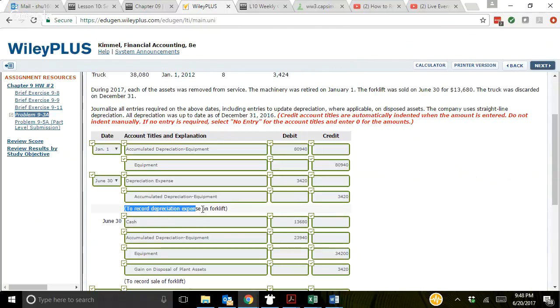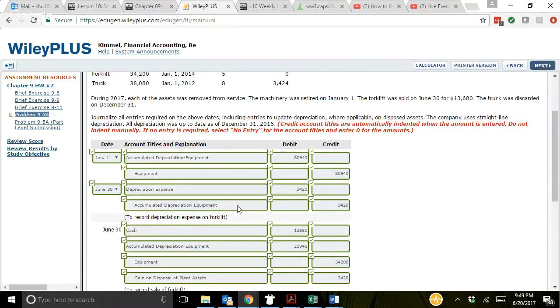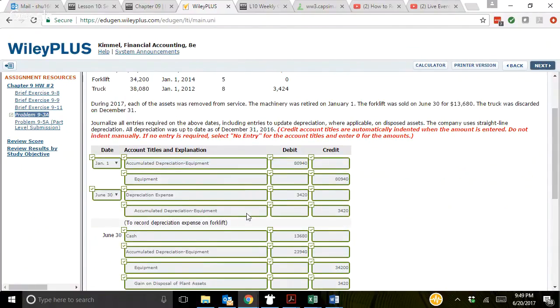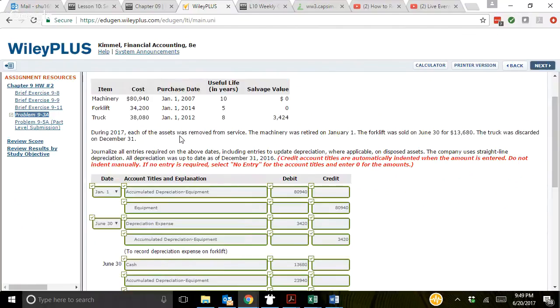The next thing we're told is to record the depreciation expense for the forklift. In this case, for June 30th, we're just updating it for this year, 2017. So we're updating it from January 1st to June 30th. That's 6 months. How do we figure this number out? What we do is we figure out how much this forklift is depreciating at. Now, there's no salvage value, so we don't have to subtract anything from this total value. We divide